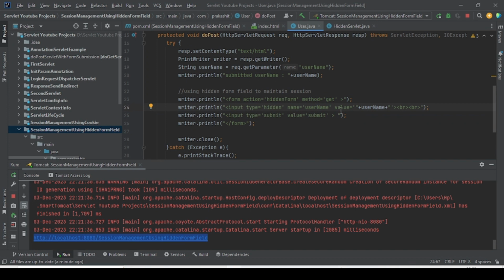By one hidden field. So this is how we can make use of the hidden form field to maintain the session. The only difference is that every time we are using one more form submit, and that is the headache. Only text fields can be passed as the hidden form field. That is the only difference between the cookie and this one. Another two approaches to work with session management are HttpSession and URL rewriting, which we will see in the